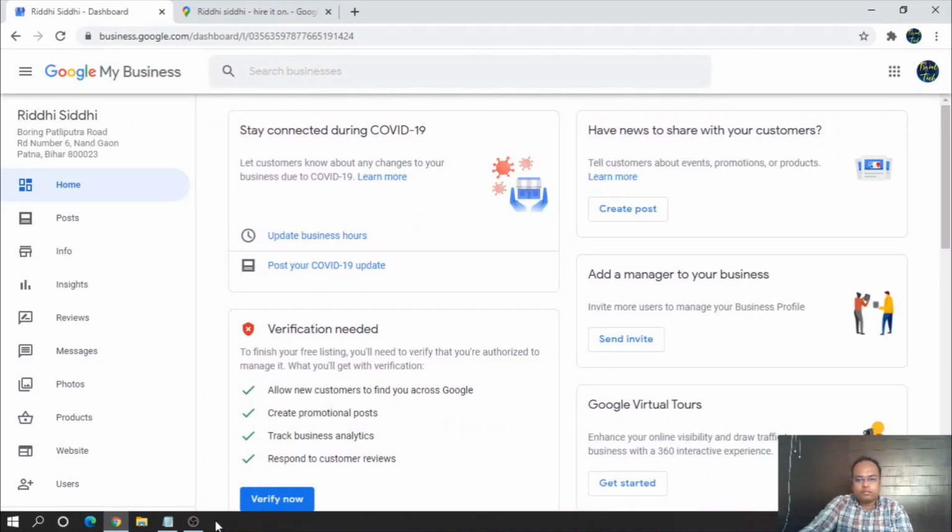After that, you will get a call from Google within 24 hours. They will ask to show you the business. Before that, you will get an email with a Google Meet link. What they will do, they will call you and they will ask you to join Google Meet from your mobile phone or laptop. You have to disconnect the call and join the Google Meet from your mobile.